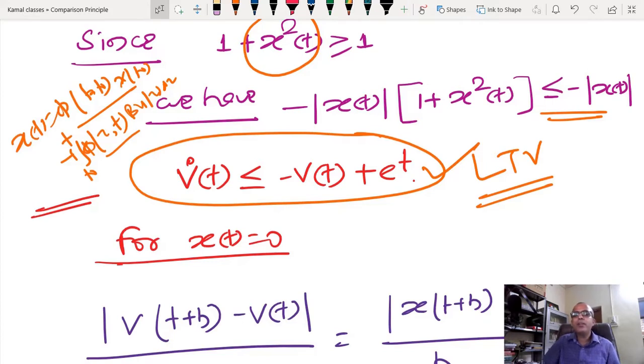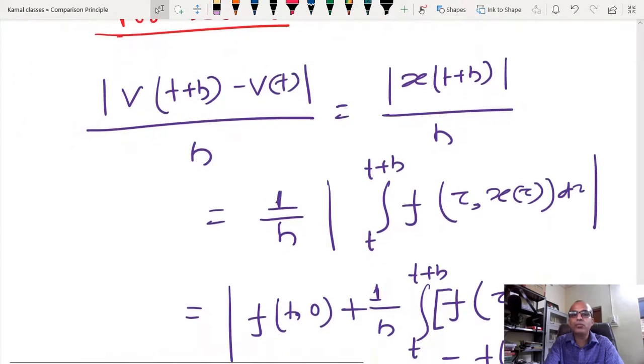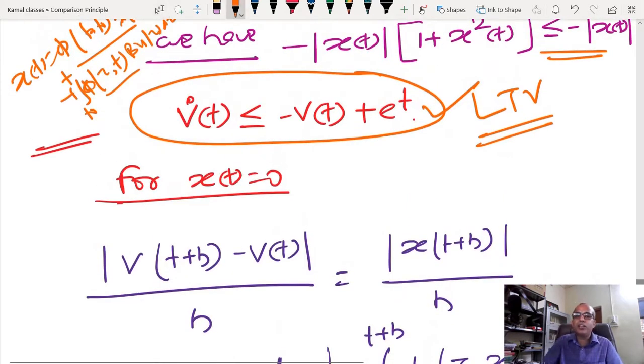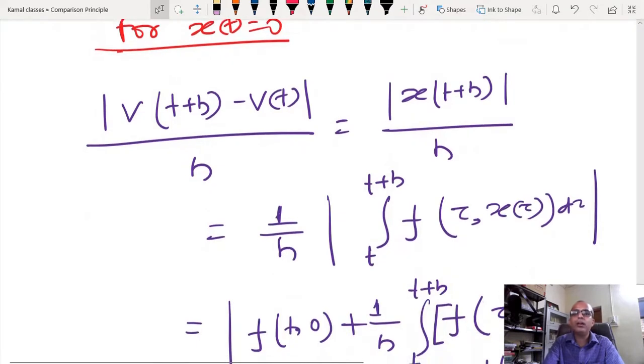But here one problem is still not completed, because I do not know what the behavior is at x(t) equal to 0. So we have to understand what the behavior is at x(t) equal to 0, whether it will satisfy the same kind of differential inequality or not. So I have to go via the definition, because at this point the function, the transformation I have selected, is not differentiable. But I know what the right hand derivative of v(t) is. Here the limit supremum is here, but I haven't added it for the time moment. We will add it later.